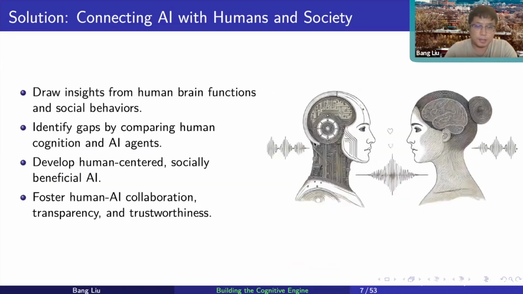Basically, our idea is that we can make a comparison with the human brain, right? Which is the most intelligent thing we know in nature. By making a comparison with the human brain, we're not trying to say that everything the brain has is good and the machine is not good. That's not what we want to say. Also, we don't think that replicating every characteristic of the human brain is really a good idea. But we want to know what the gap is, what we can do to bridge the gap, and what we can learn from each other.